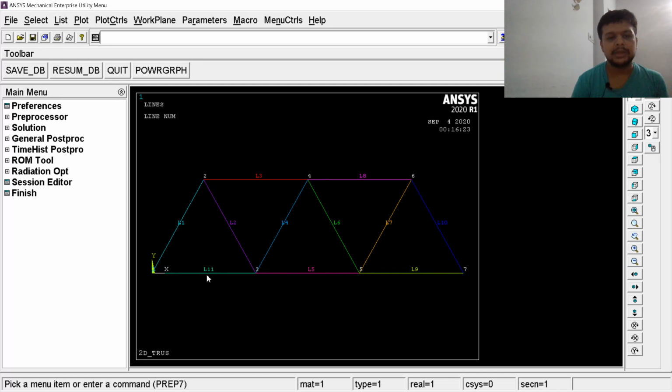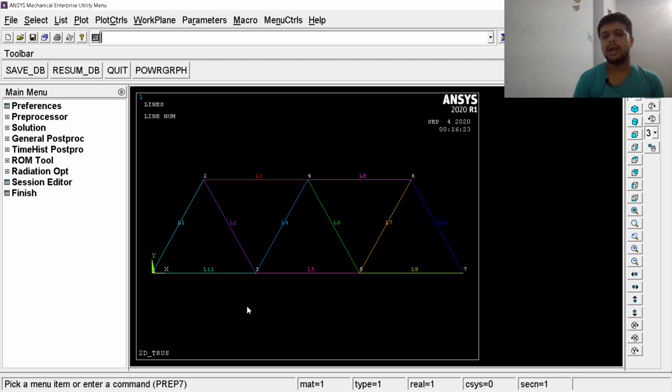Now you can see line 1, line 2, line 3, line 4, line 5, line 6, line 7, line 8, line 9, line 10, and the last one, line 11. The numbers have been assigned in the same order in which I created the lines. I forgot to create this line initially, so I created it last, and so it is shown by the last number.